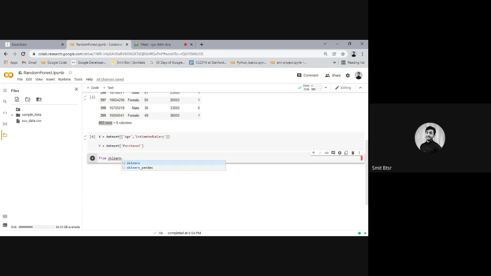If I speak about scikit-learn, sklearn, it contains many things like models and their methods. Whichever model we are trying to use, like random forest, is already there in scikit-learn, so we need to learn how to use that.